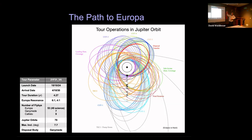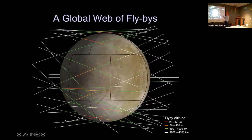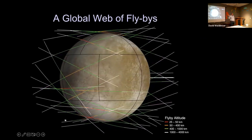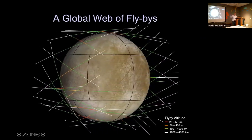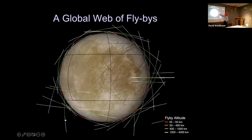Ganymede has an even thicker ice shell, probably 100 or 150 kilometers thick. Its surface is probably 2 billion years old on average. Well, the younger areas are probably something like 2 billion years old. So planetary protection is not too worried about crashing into Ganymede for those reasons. Let's see. So we end up with something kind of like this, a web of flybys, Star Trek fans again, kind of like a Folian web, right? But maybe the Enterprise can get out here